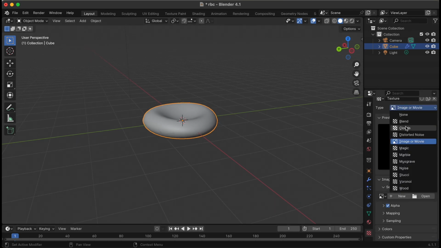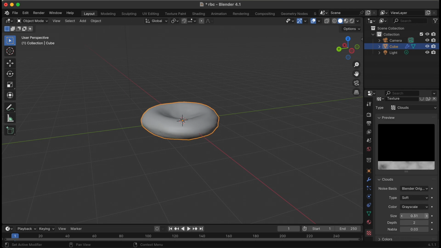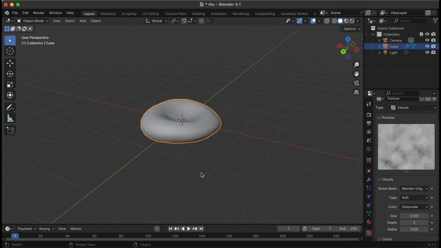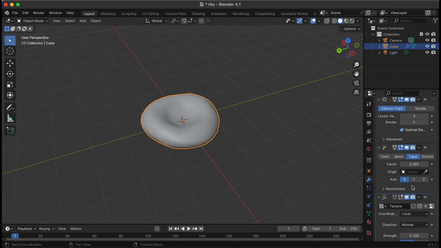Change the type to clouds and increase that to about 0.5. That looks pretty good. Not too perfect, not too deformed, just enough. It adds to that extra realism that we're looking for.